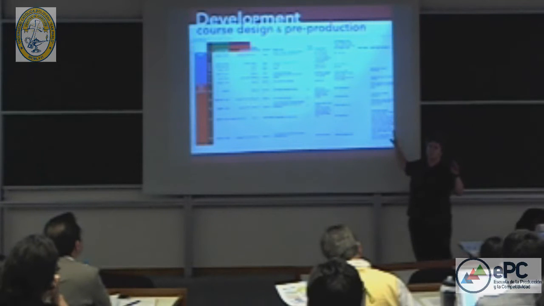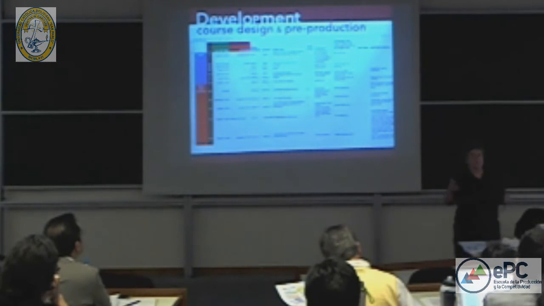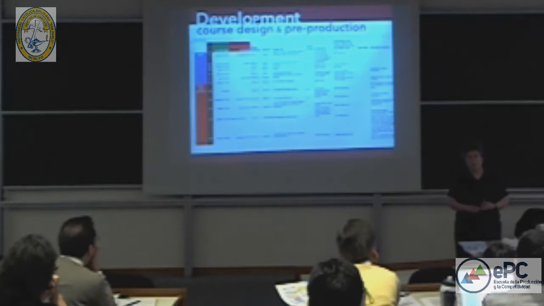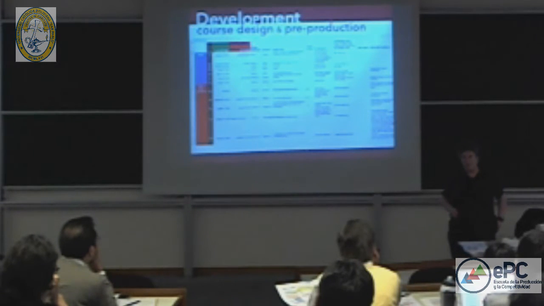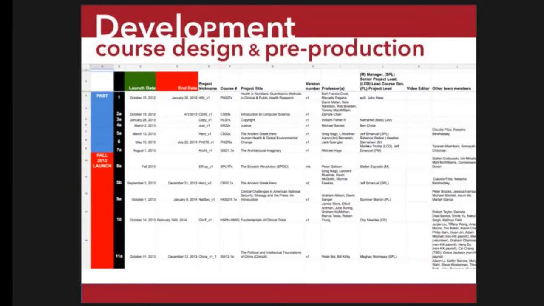I don't want you to be able to read it. I'm trying to make the point that when you use things like Google Docs, you could use other applications as well. But this particular course list, we call the course slate. We probably have 40 people from around the university that log on and check this slate, maybe a few times a month. So why do people care?